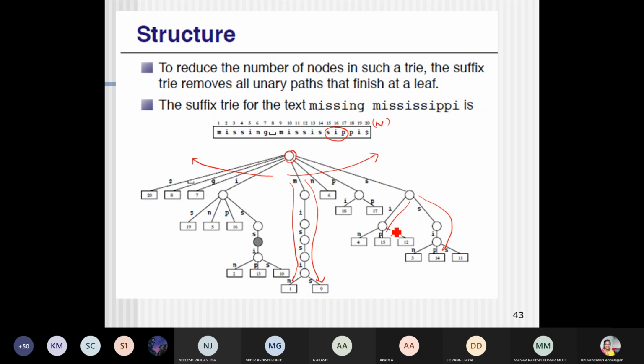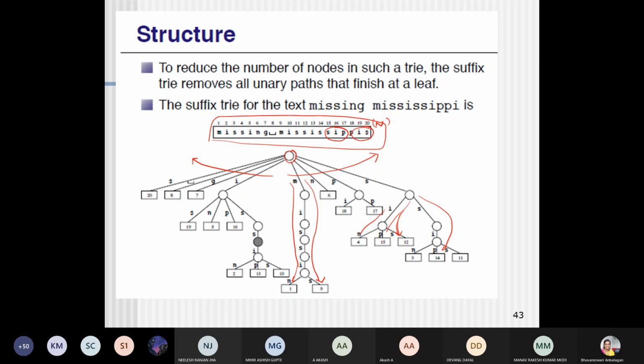And then IPISIN, so this will be used for missing. Mississippi, and yes, IS is there, right? So in this way you can create the structure of your entire text data in the form of a tree. That is called a suffix tree.